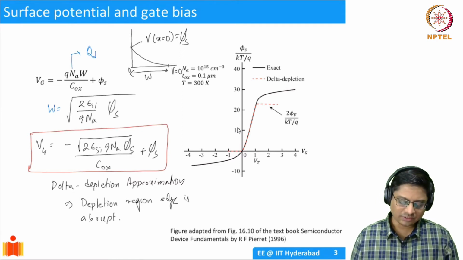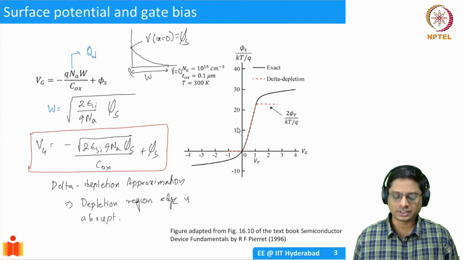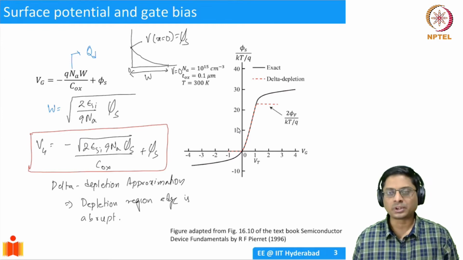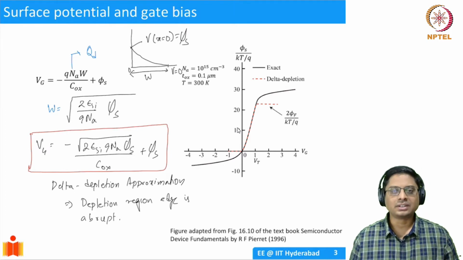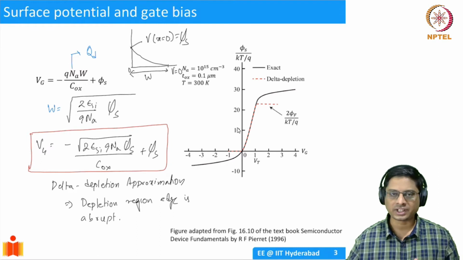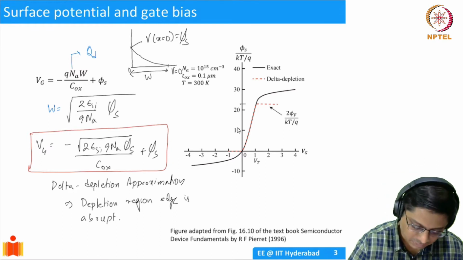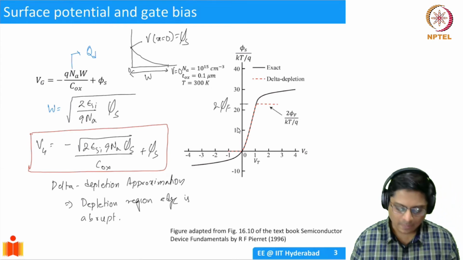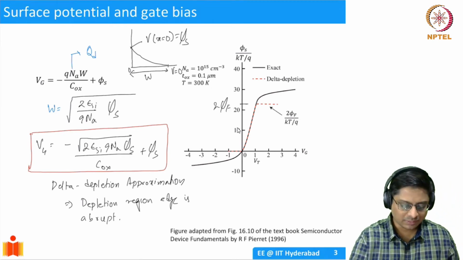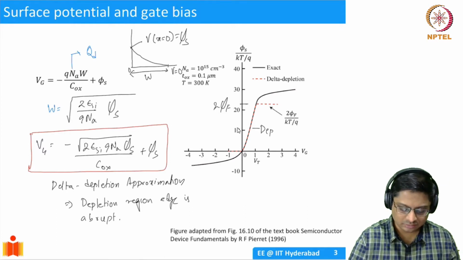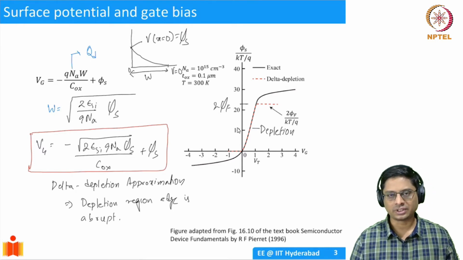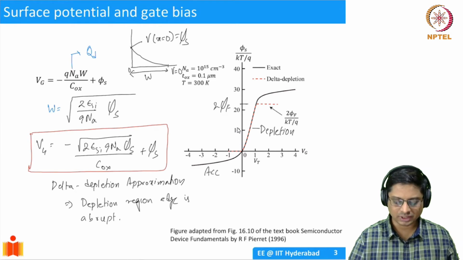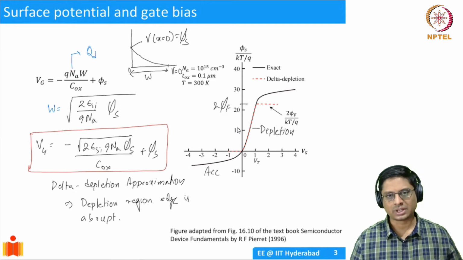If you take this approximation, we find that in the surface potentials, for example, when surface potential is 0, consider that that's flat band. And as you go to a surface potential of 2 phi f, which is 2 times phi f, in between both of them this region is depletion. If you apply negative surface potential, then it is essentially accumulation, and this can happen when you apply negative gate voltage. So as you apply negative gate voltage to a MOSFET, you get negative surface potential.